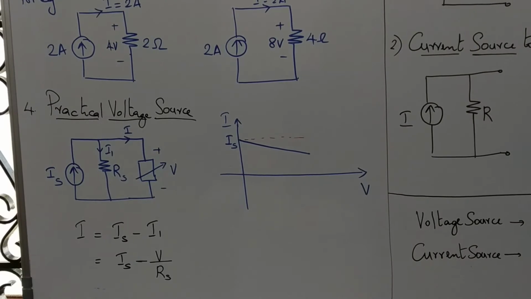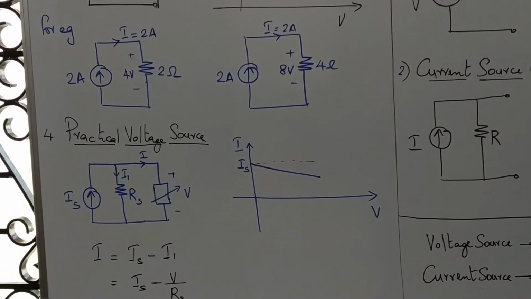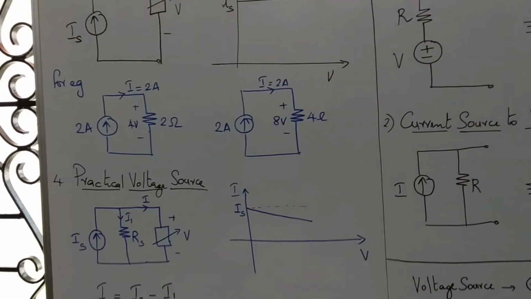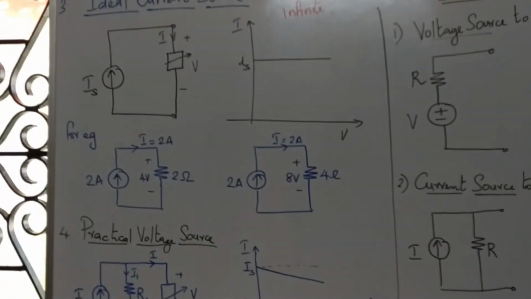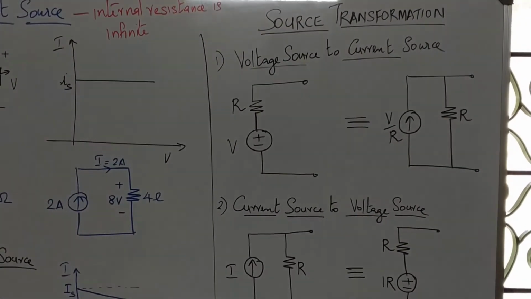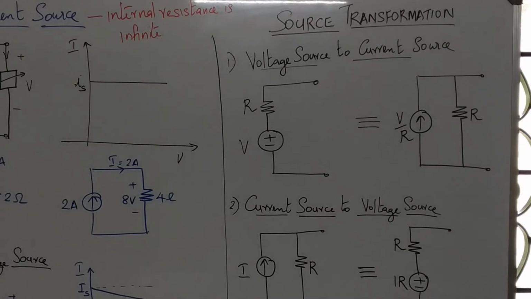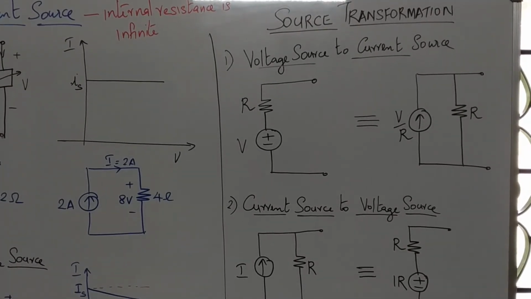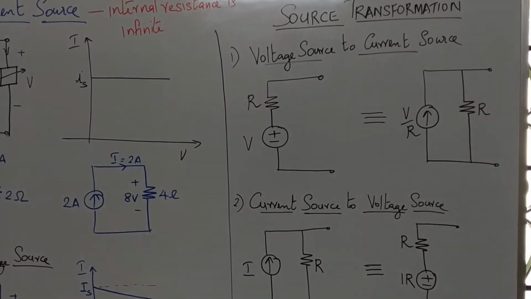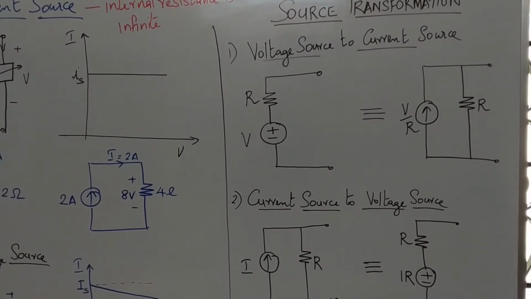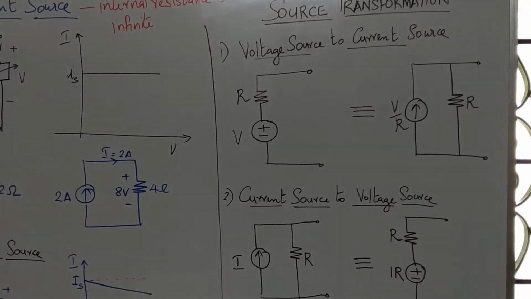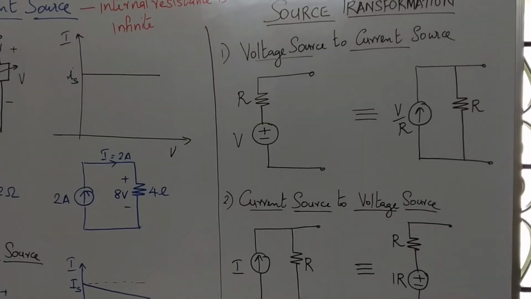Now we have seen both voltage source as well as current source. Now we'll see how to convert voltage source to current source and vice versa. It is source transformation. Now why we have to learn this is, in several cases, the analysis will become easier if we are able to convert voltage source to current source or back from current source to voltage source. So for easier analysis, source transformation may be effective.